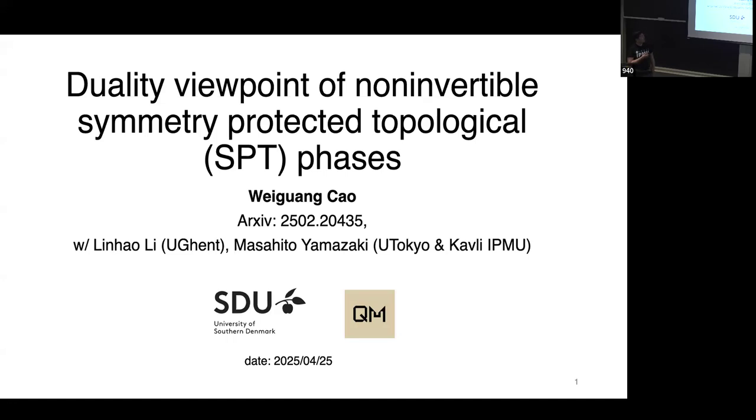So today, my topic is about non-invertible symmetry. Specifically, we are interested in gapped phases of matter with one ground state, which are the symmetry-protected phases. And we are using the method called Kramers-Wannier duality, or in other words, just gauging the discrete symmetries. So I mainly discuss this from a lattice perspective.